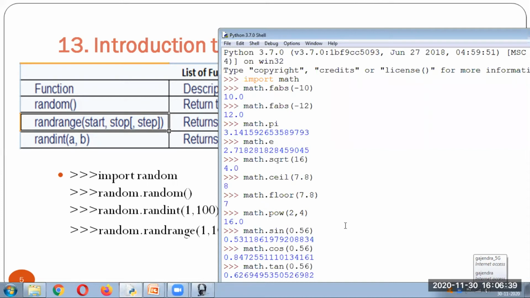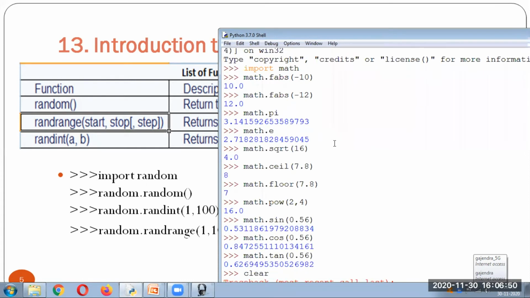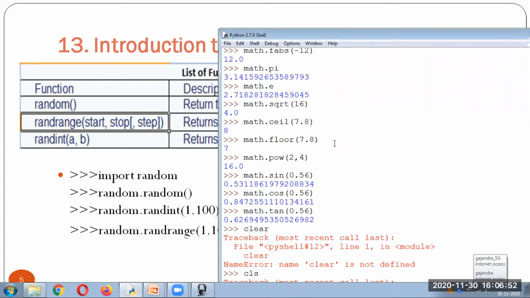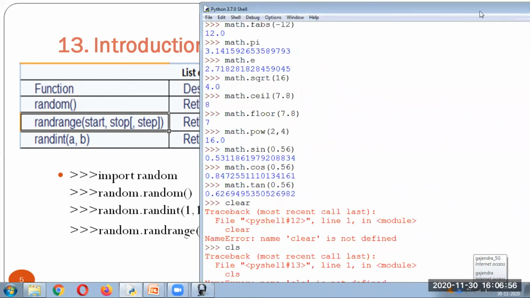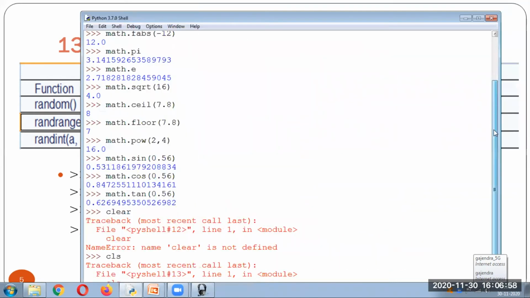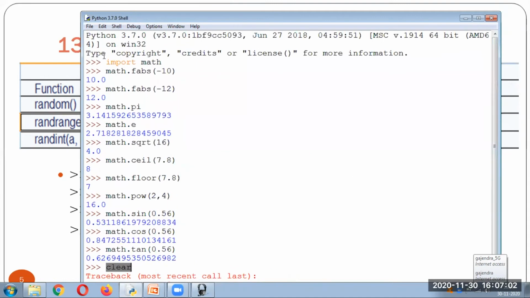Here first we need to import the package. Always before using anything, we are supposed to import it. I'll clear the screen and restart this.